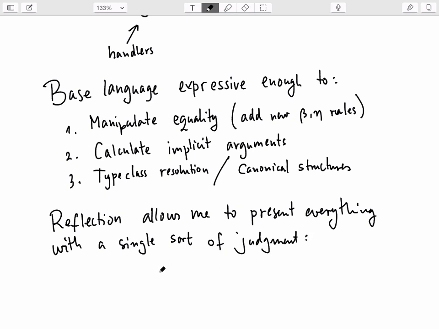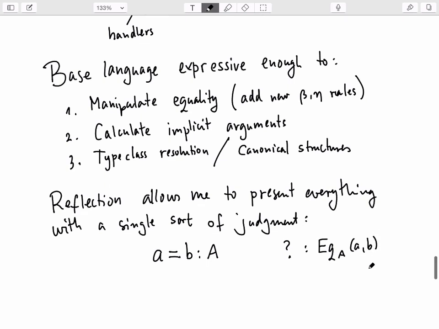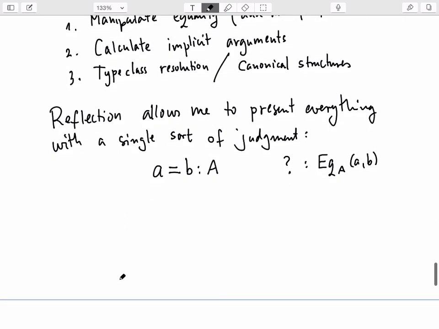Whenever I want to say, why is A equal to B at type A, I can say instead, well, can you please inhabit this type? So it seems like, if you now think about what will be the basic concepts, the basic concepts might be, and maybe not all of them, might be,